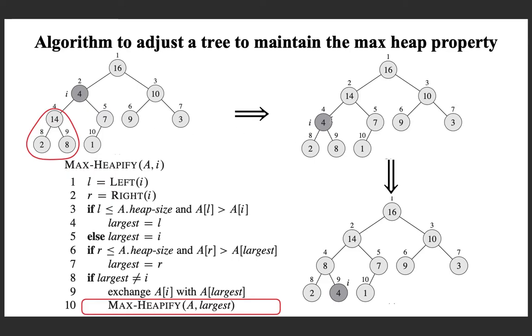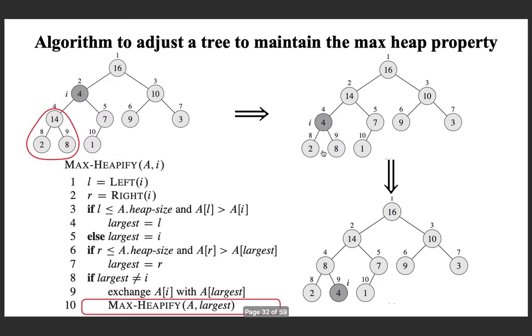In this particular case, you are getting 4 over here, and hence you have to apply the same algorithm on this node, because you now got a new value into this node which is 4, and which may violate the property. In this case, it is because its right child is having a value greater than this. So you are calling max heapify on the new subtree, and that is what you are doing.